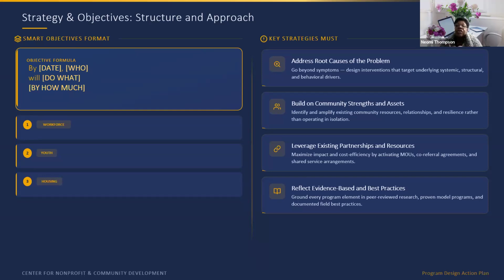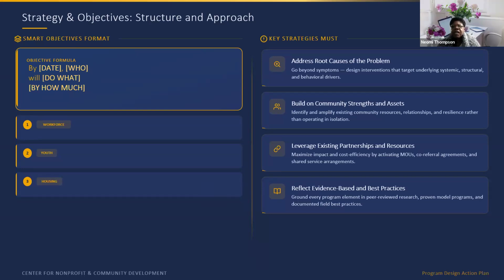So you have to magnify those. So you can't do this by yourself. You need a whole community to help you. But leverage existing partnerships and resources. Maximize impact and cost efficiency